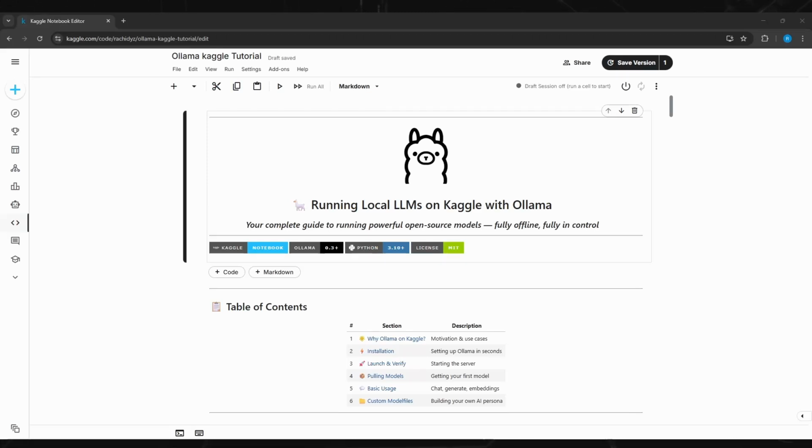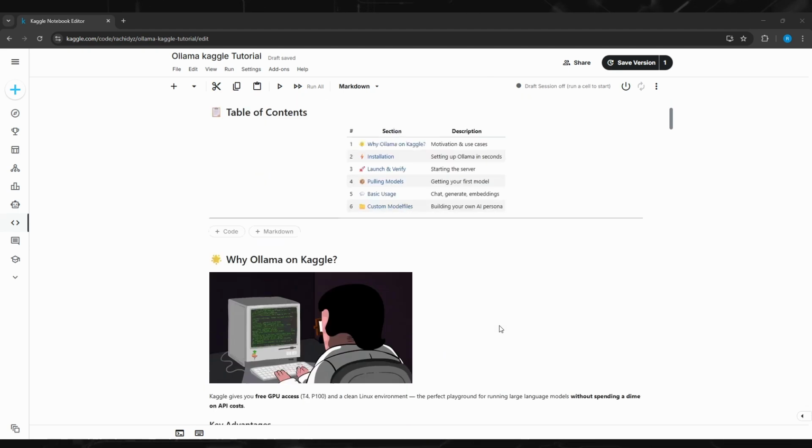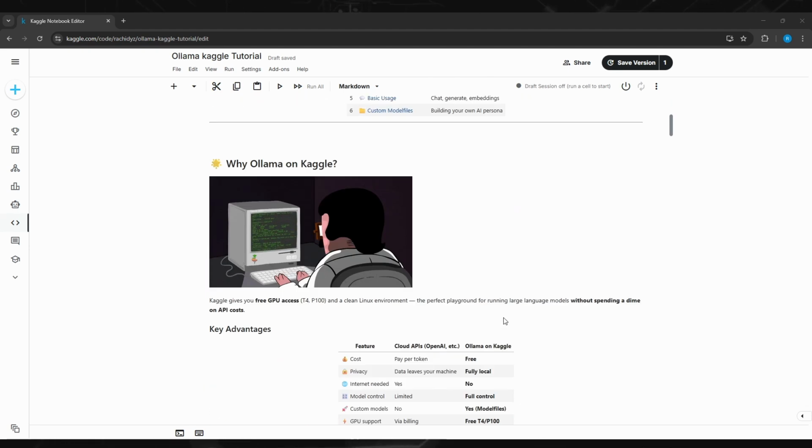In this one, I'm going to show you how to use Ollama within a Kaggle notebook. So what should we care about this? It's actually quite interesting, since usually when you want to run a large language model, you need to have a beefy PC or some kind of good workstation. But here you can directly run this with just an internet connection, and everything is free